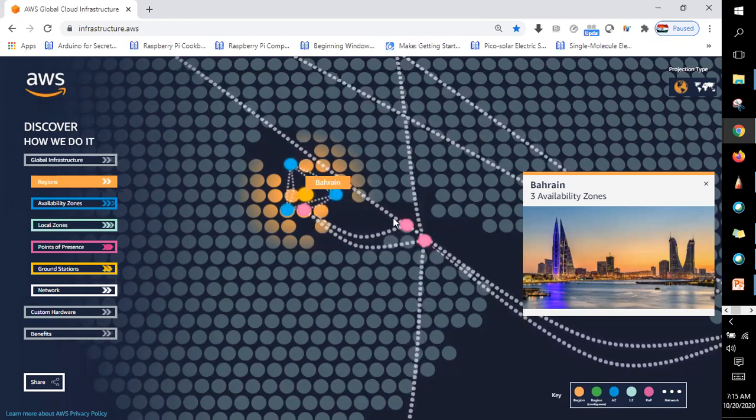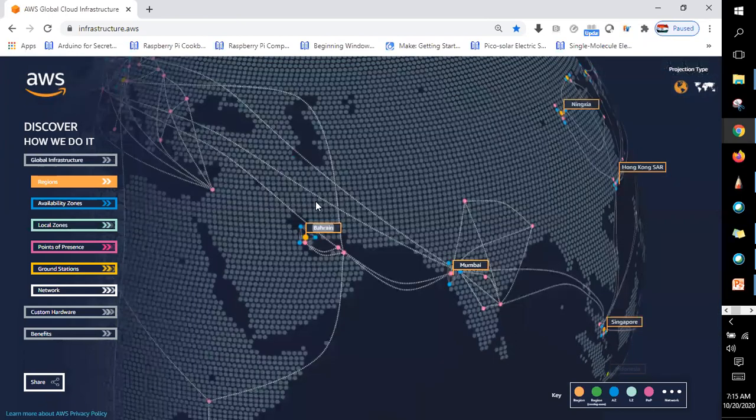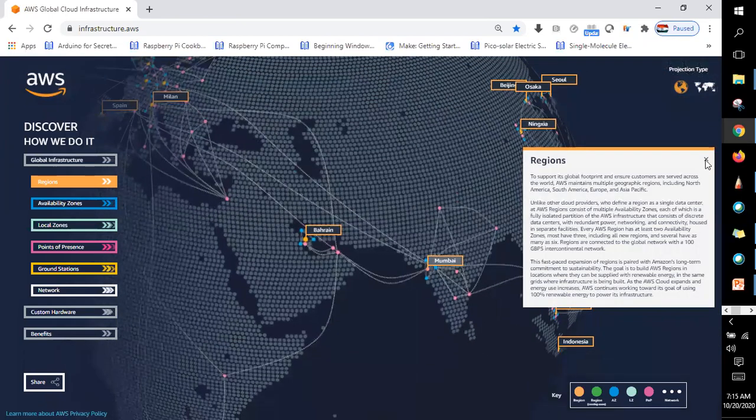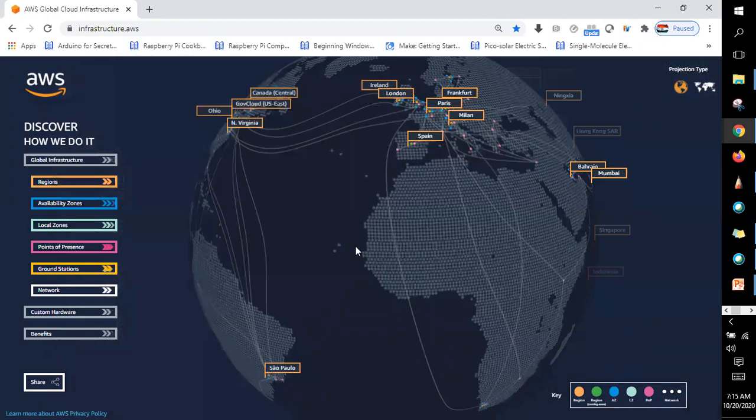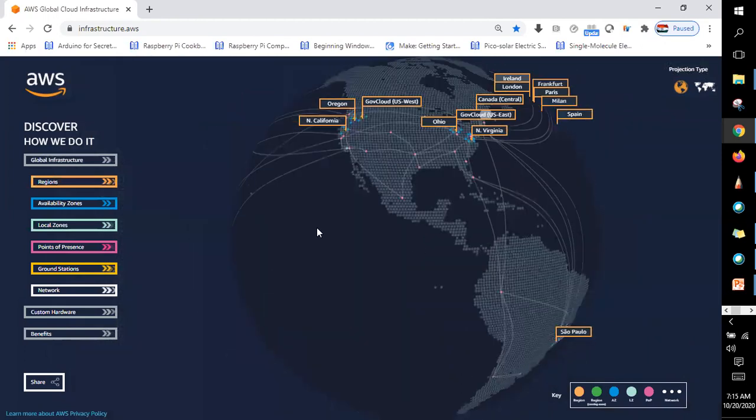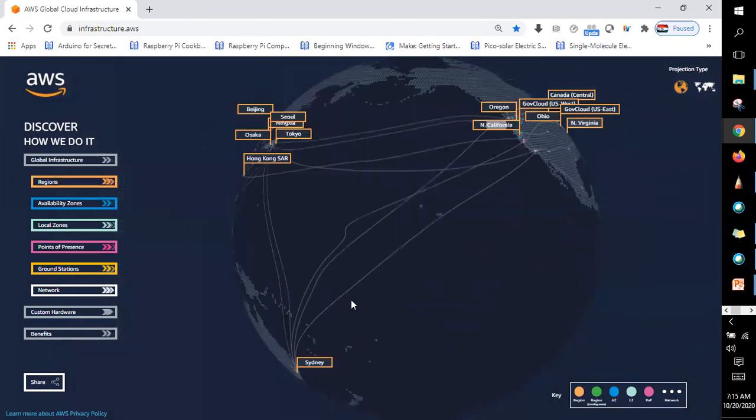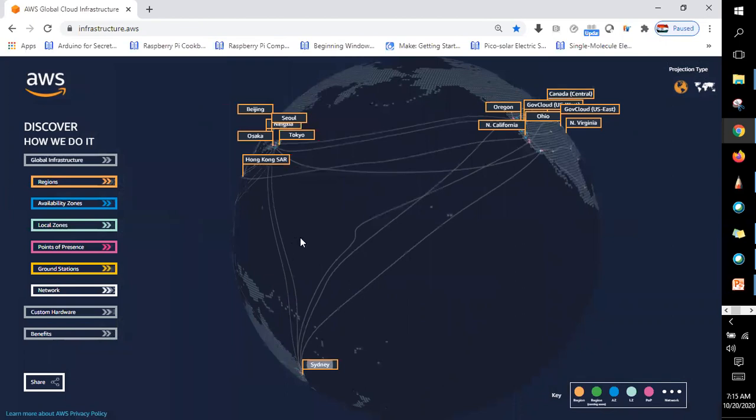You also have the pink ones, which are the points of presence or edge locations, which we'll be discussing in the coming classes. All regions are connected with each other. Each and every region is connected. It is not through the internet, guys. It is a physical wire laid through the oceans, and they have connected it.